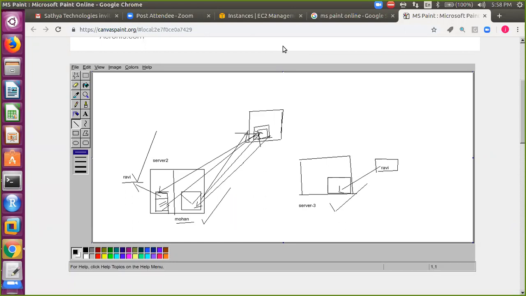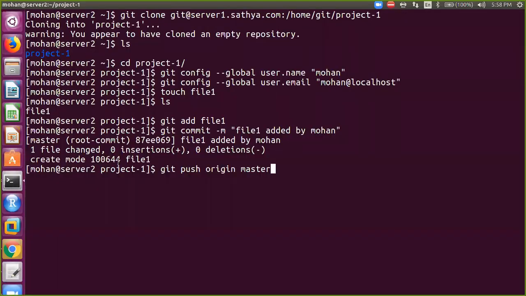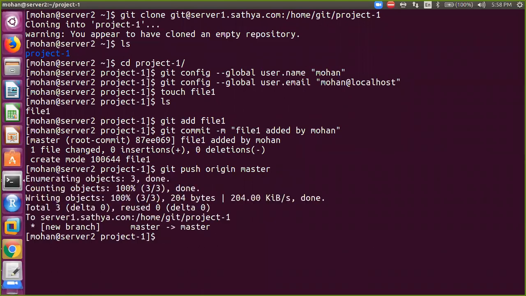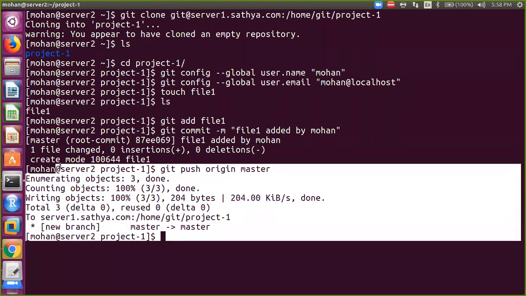So let's go ahead and create one user account on this server. Let me enter this command, git push origin master. Say done. I performed this command.